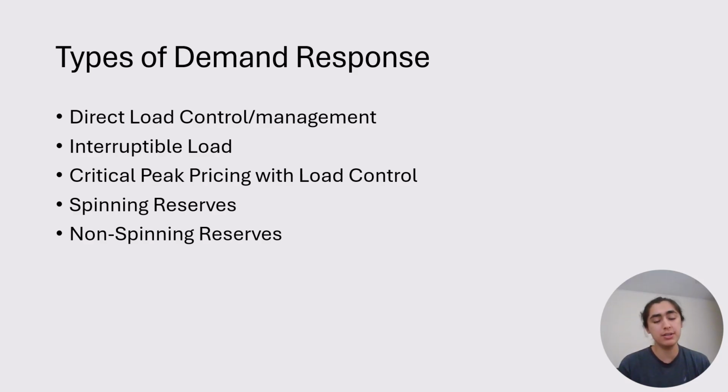A spinning reserve is some kind of reserve power supply that can come online to the grid to supply the peak within 10 minutes of the critical event. Usually this requires it to not be preloaded, and it must be in synchrony with the grid so that it can supply immediately. A non-spinning reserve may be loaded and isn't synchronized, so it takes at least 10 minutes to come online and supply the grid during those peak periods. And that 10-minute differential is a FERC definition.